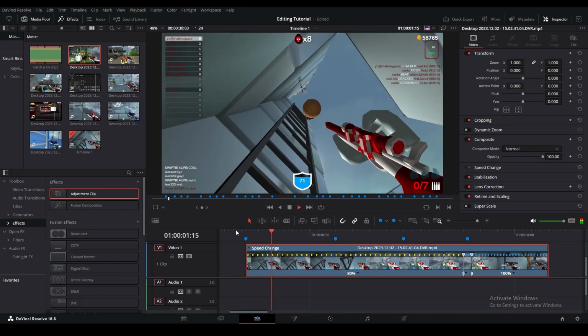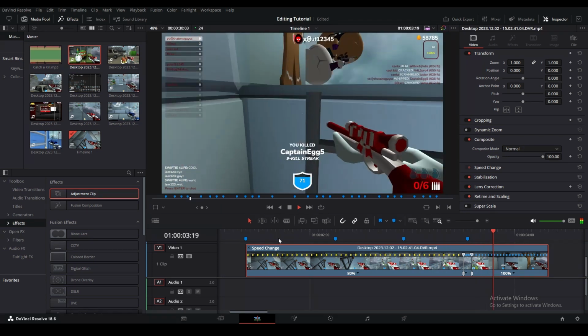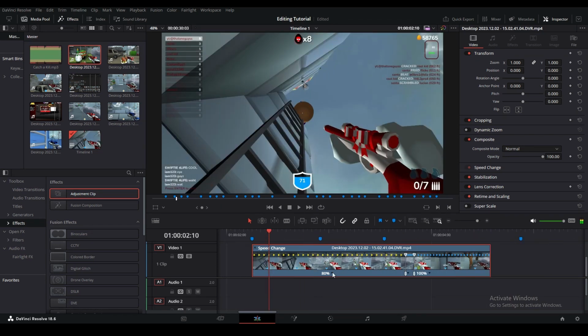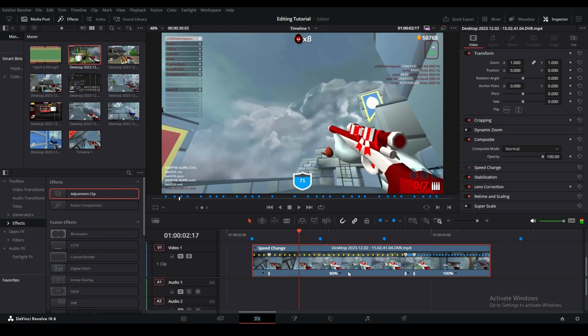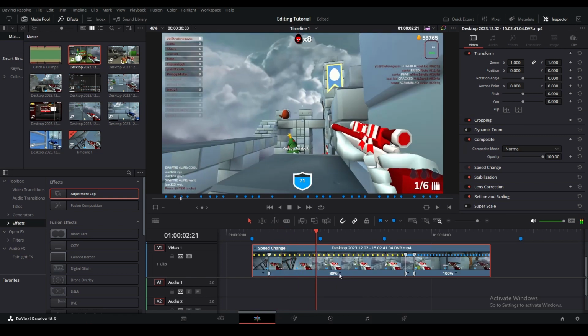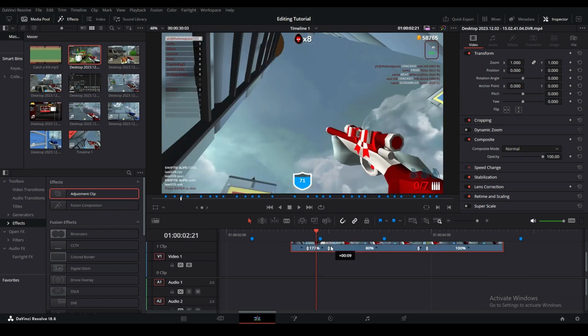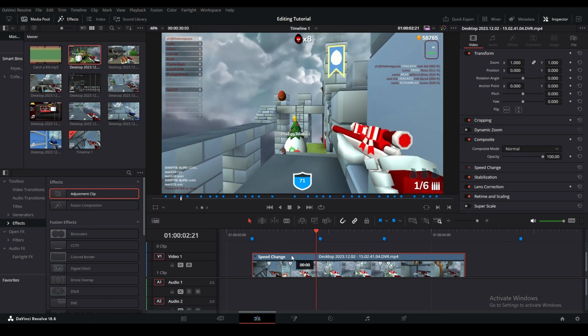It should look something like this. So where he starts turning, we'll add 2 more, put those there, shrink it a little bit, move it over to